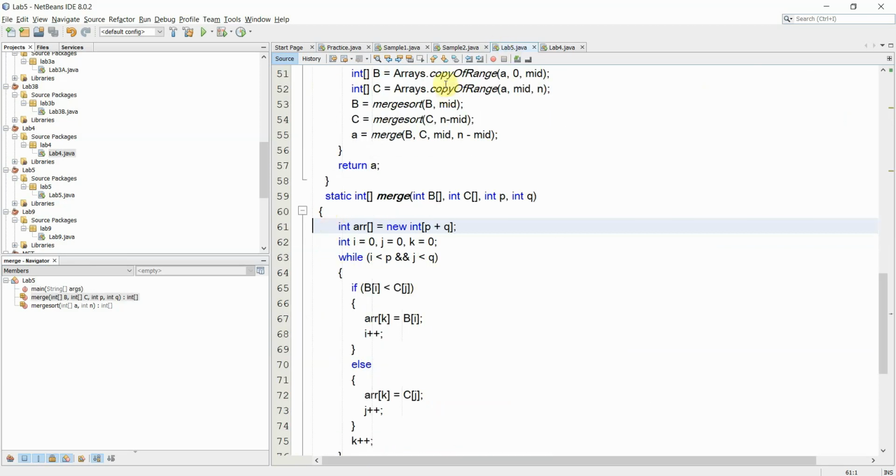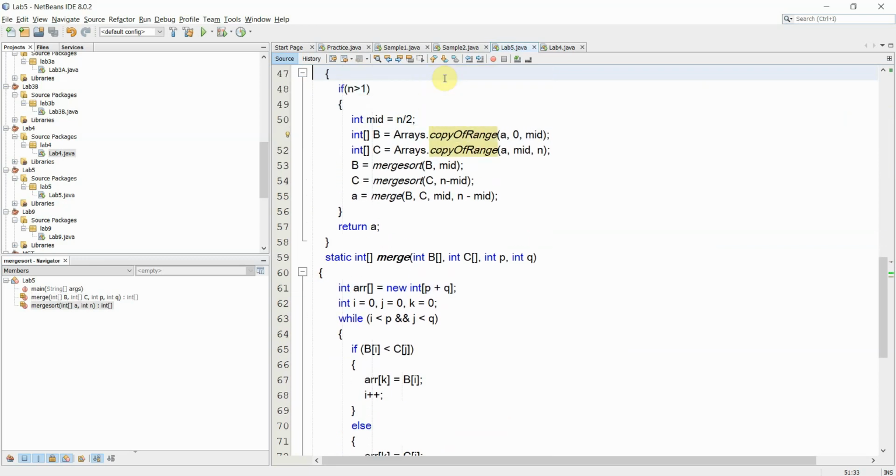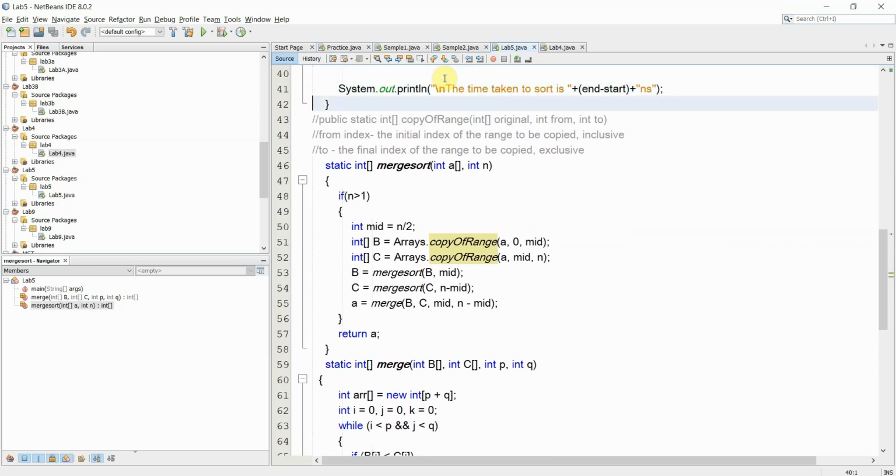An important method available in the Arrays class is Arrays.copyOfRange. It takes three arguments. One is the original integer array, then the starting index, int from, and then the ending index, int to.